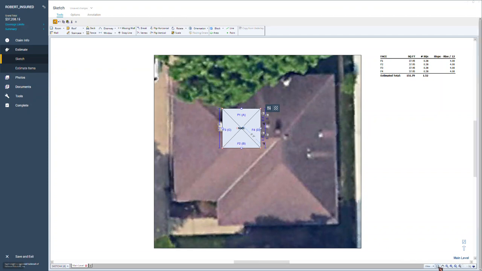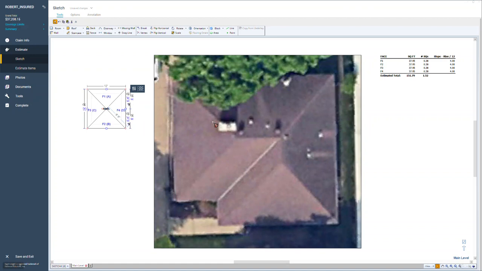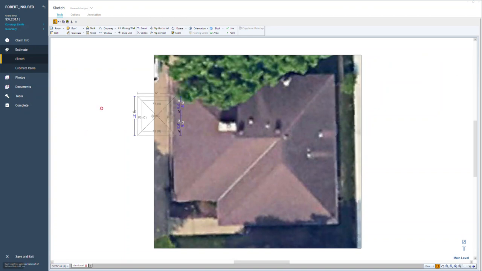That's what this button does right here, the outline button. Watch. Now we can drag this around and draw as we normally would in Sketch. So basically this roof is very simple. It's 2 hips. So let's do the main hip first. We're going to drag this and put the corner of it right up here,